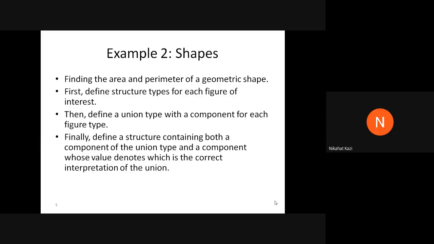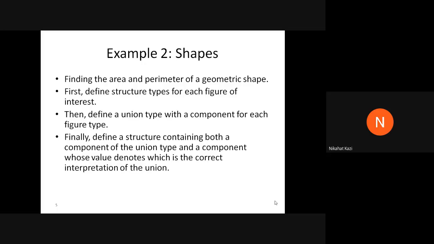And then you should write the functions: compute area, compute perimeter, all these. First, reading the dimensions of the figure, you have to do one function, the second function to compute the area, the third function to compute the perimeter.